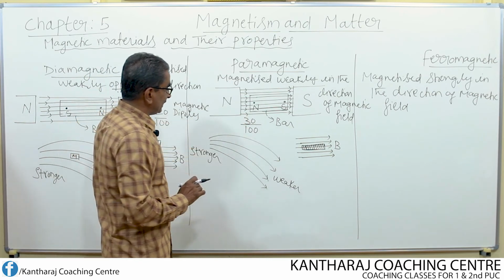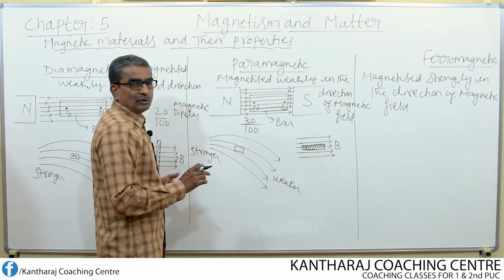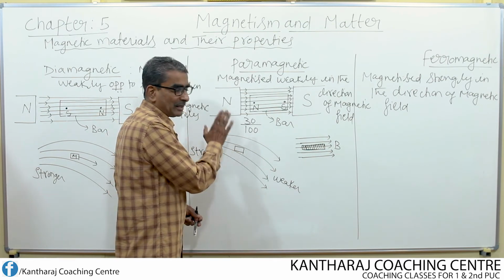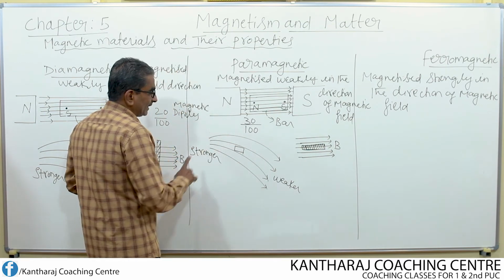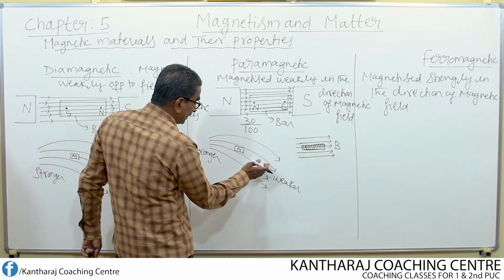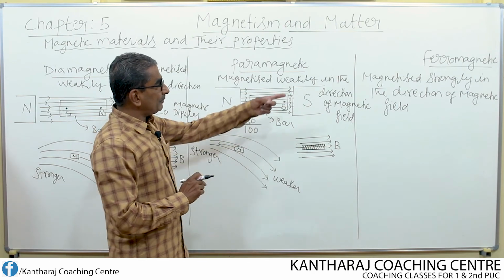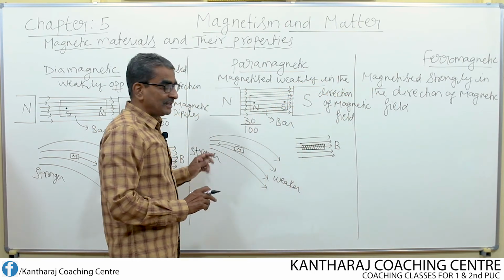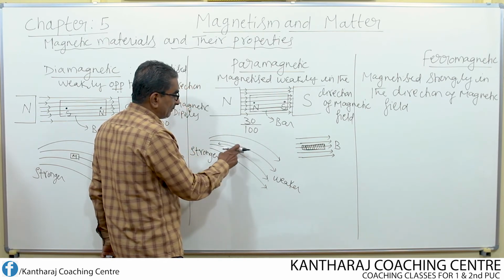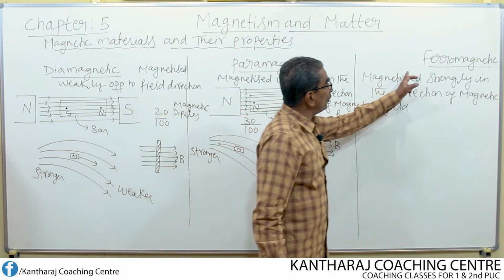Coming to this case of paramagnetic, once again in the non-uniform magnetic field, if I keep one magnetic material without knowing whether it is diamagnetic, paramagnetic or ferromagnetic, now I want to identify which it is. So I keep this in a non-uniform magnetic field. Now this magnetic material, if it tends to move from weaker region to stronger region, then we call this paramagnetic material. What about ferromagnetic material? Same as this. Suppose on keeping one magnetic material in the non-uniform magnetic field, once again if that magnetic material tends to move from weaker to stronger field region, then it is also known as ferromagnetic material.